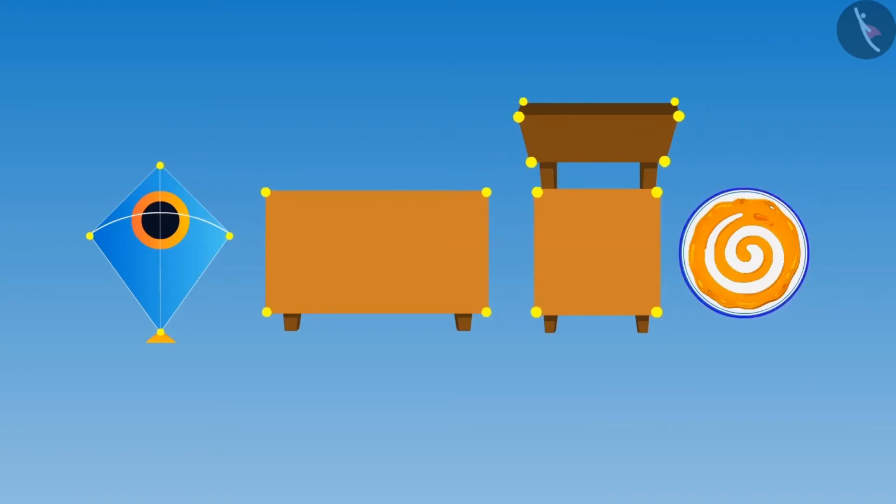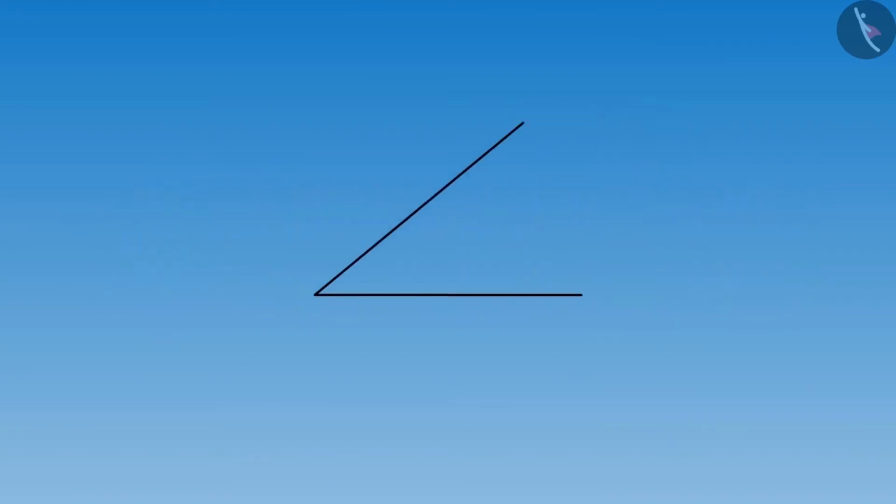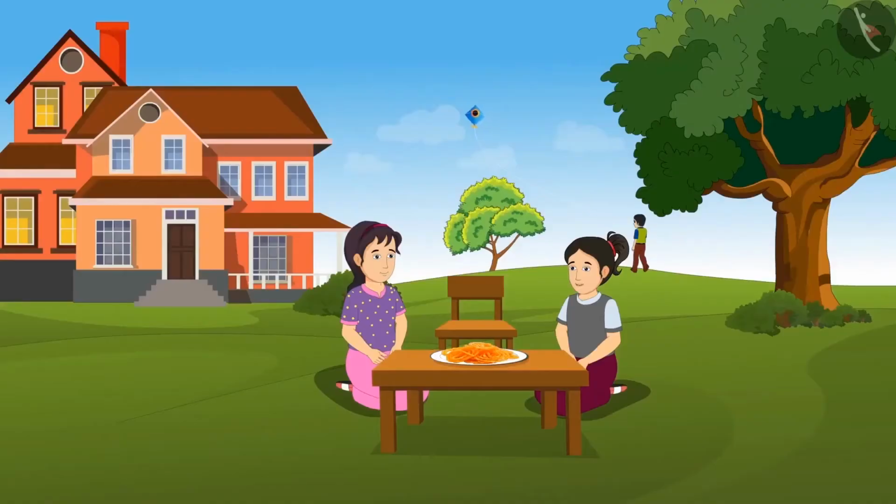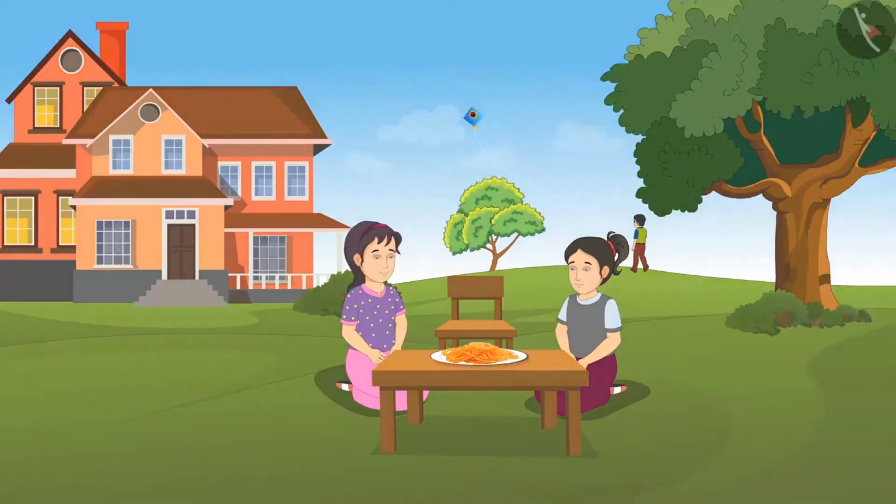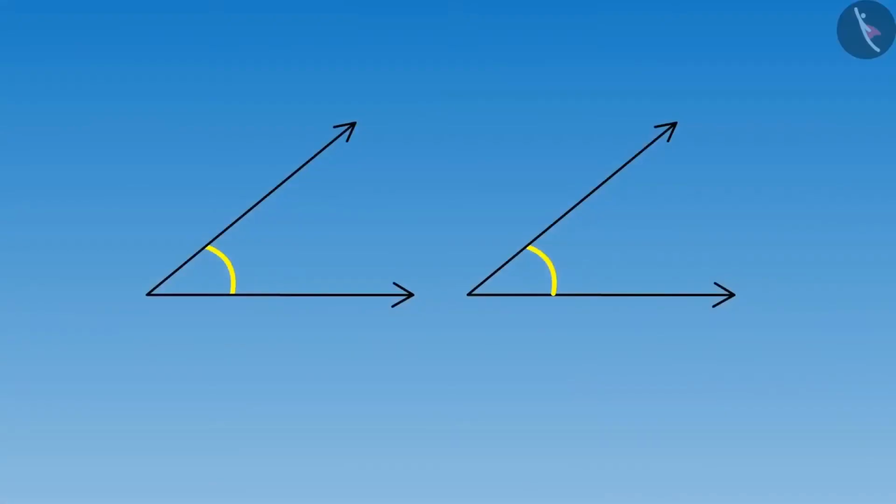Yes, Riva. Do you know that when two lines join along with each other, then only one corner is not formed, but something else is also formed, which is called an angle. Where there is a corner, there is an angle, and this angle is something which is very useful. Really? How is that, sister? The angle tells us the extent of rotation between two lines. The more the rotation, the more the angle.